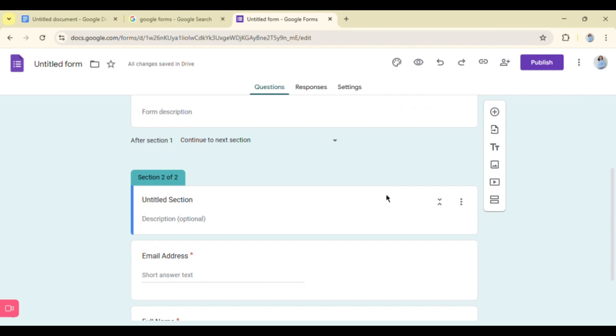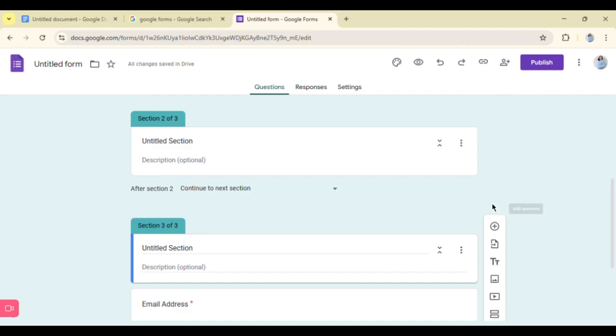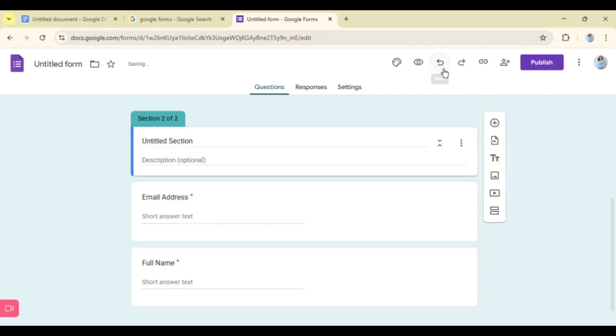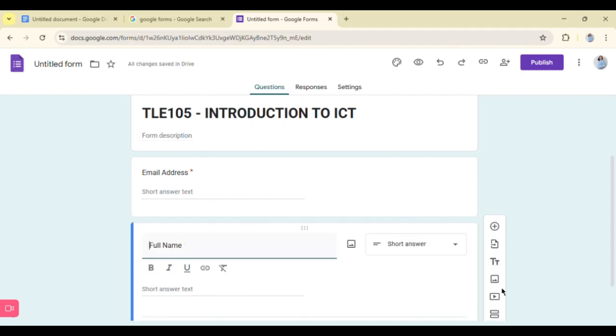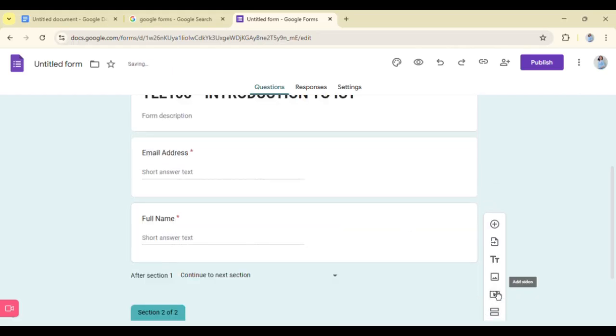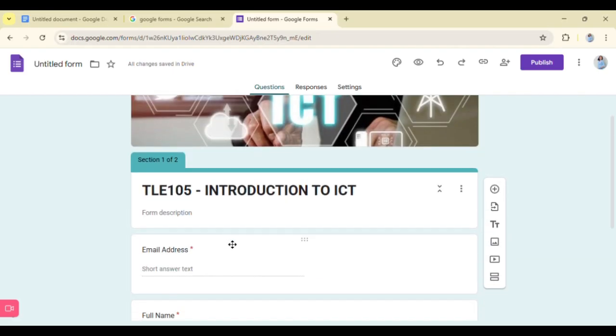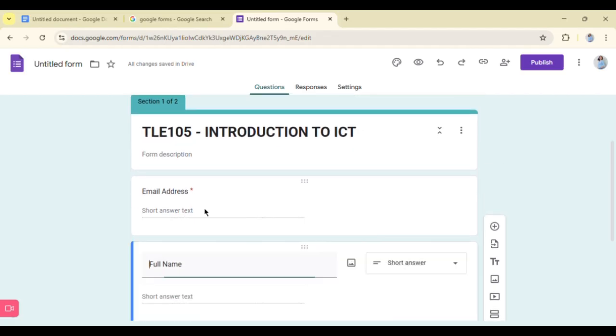Our section 2 is wait, it could also be, for a while, the section 1 could also be all of these three: the introduction, the email address, and the full name. Okay, let's fix this. Nasaan na yun? Okay, yan na. Section 1 is the title, the email address, and the full name. So there you have it.